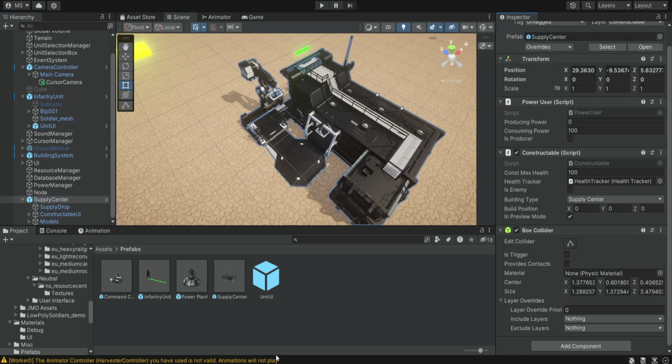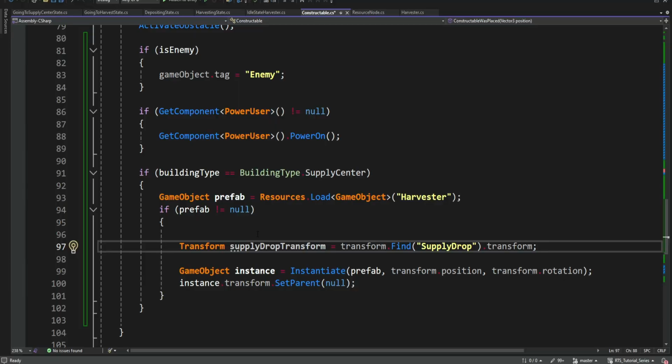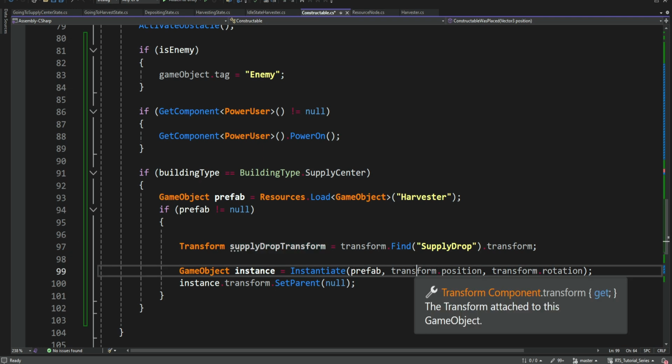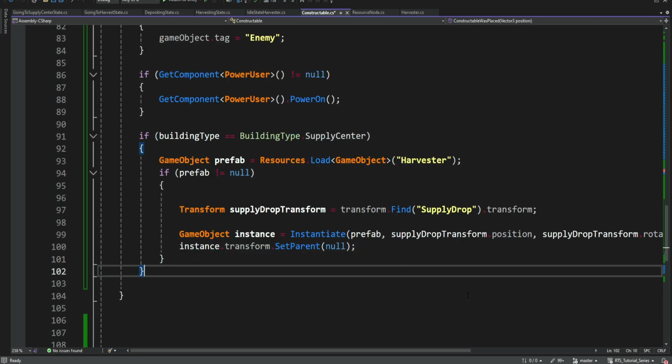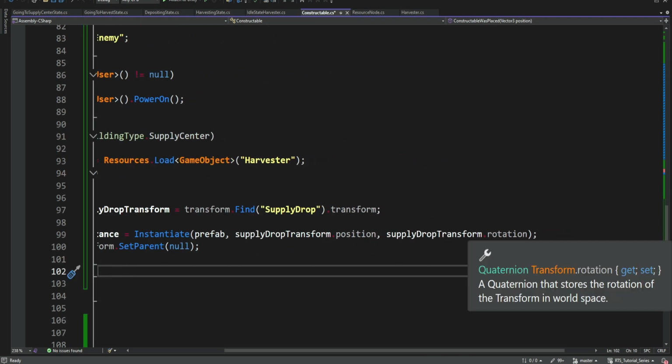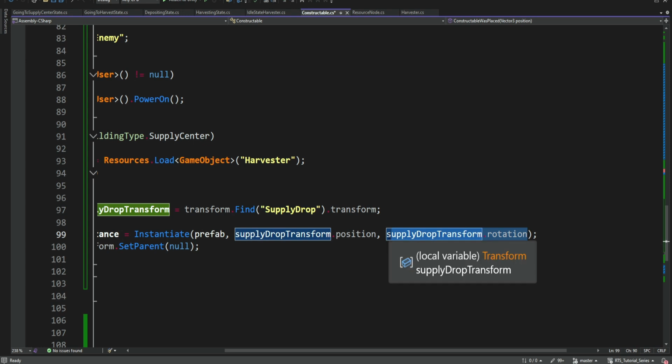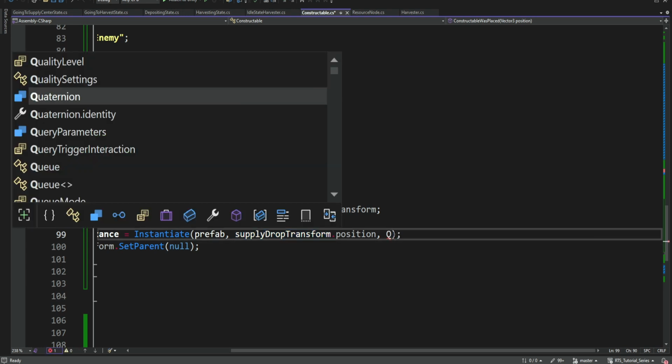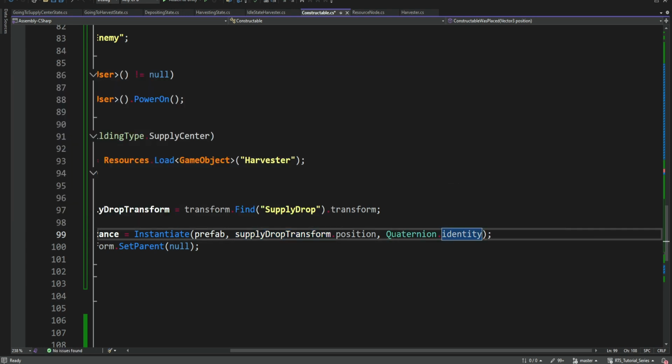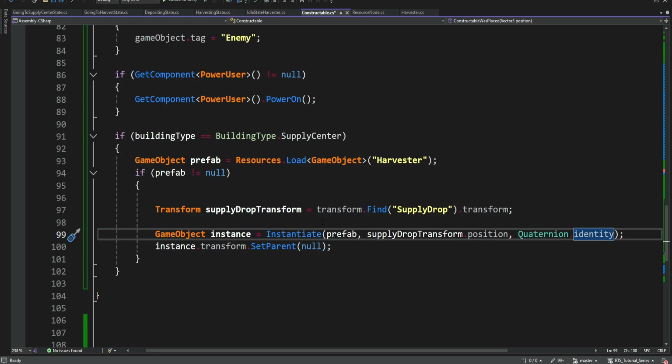It will look for this child, and all of this will happen because it's a supply center, so there will be no problem if it's another building. It will find the supply drop transform, it will save it, and then we're simply going to use this position. Now this is the simple, let's just provide it quaternion identity so it will not change the rotation. So we can simply do this,